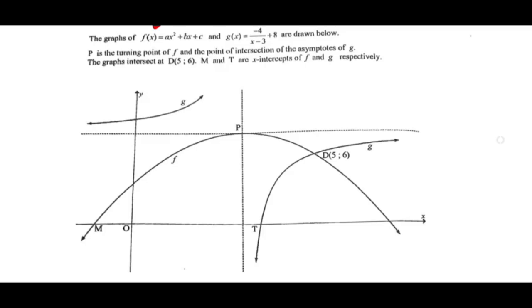From the graph, we can see the y-coordinate of the turning point is the maximum value of the function. So the y-coordinate is going to be here. What is going to be the y-coordinate here? This is a horizontal asymptote. So x is equal to 3. So the coordinates of P: x is 3, and y is going to be 8, because